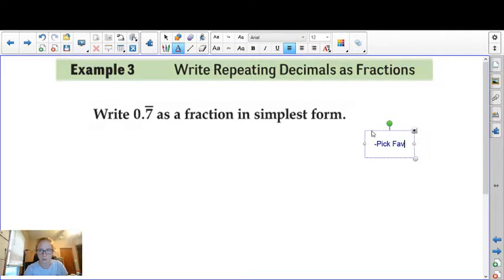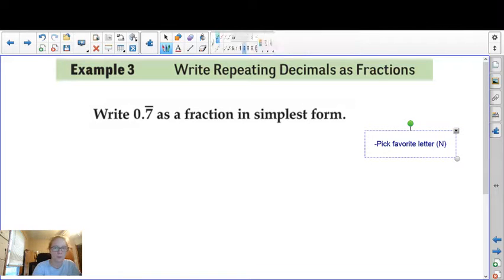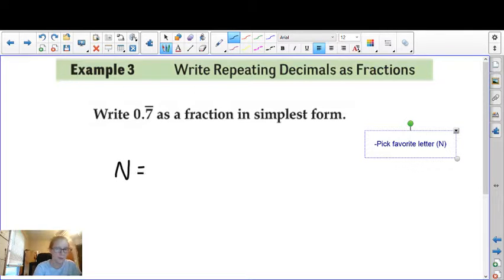I don't need to capitalize this. I, for some reason, always feel the need to capitalize everything. And I'm going to put what I did in parentheses next to it. So I'm going to pick the favorite letter N. And I'm going to let that N be equal to my,